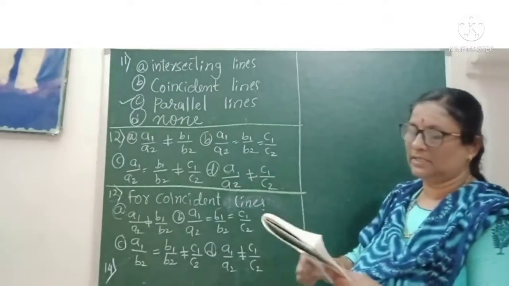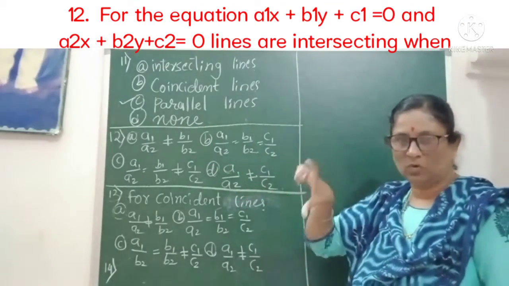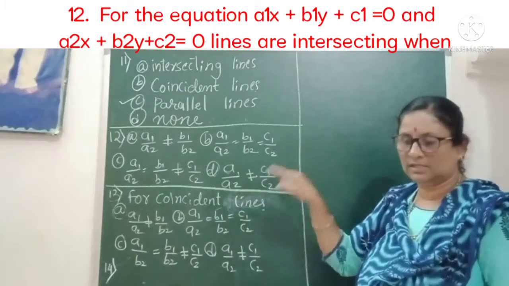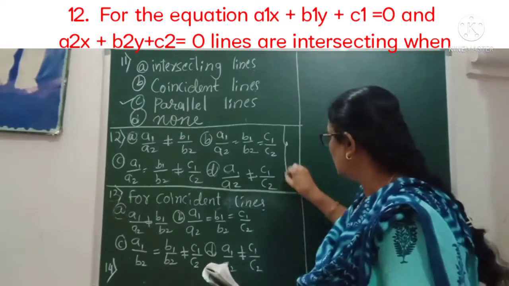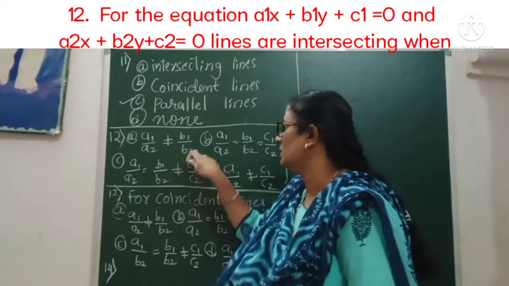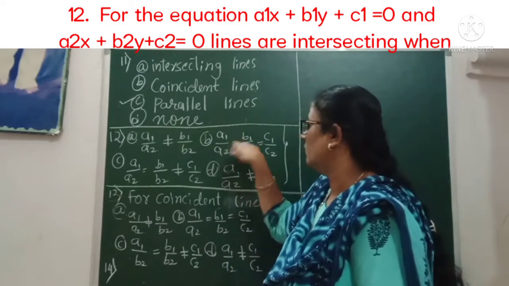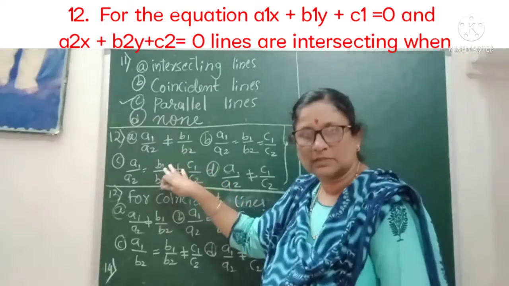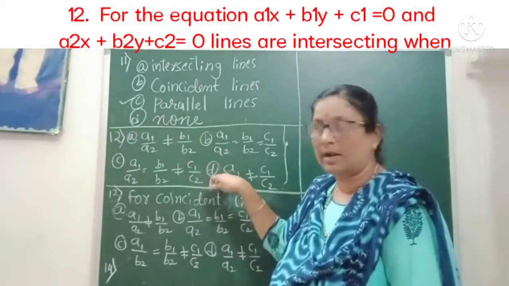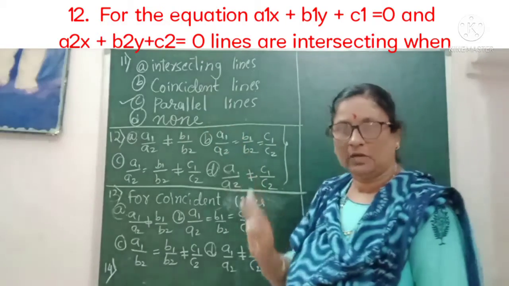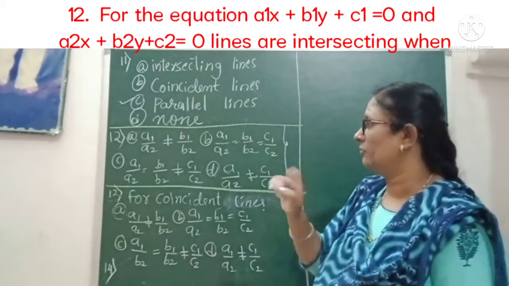So the next one is, look at this one, the same thing in a different way, the same concept asked in different ways. So you have to be perfect. Now this is a little confusing. Confusing in the sense that you will prepare the condition for this one for intersecting, this one for parallel, and something like that. But when all four conditions are given together and you ask the questions, you may get confused. So clear that confusion.